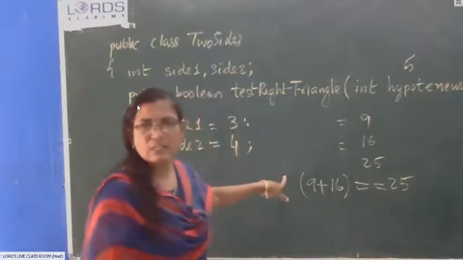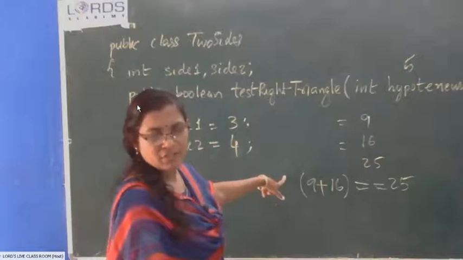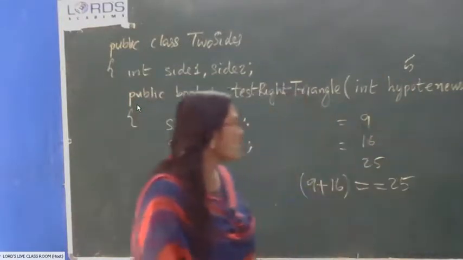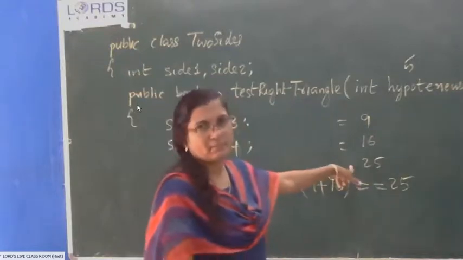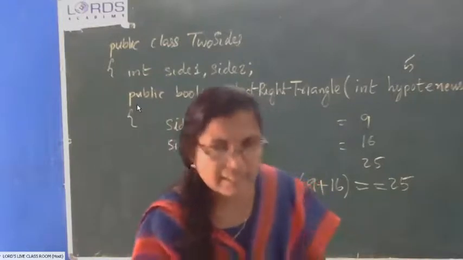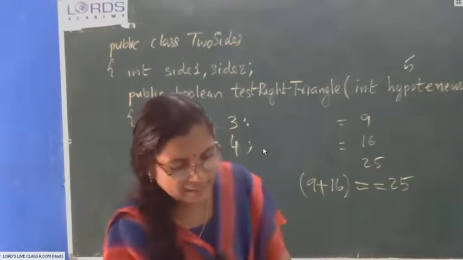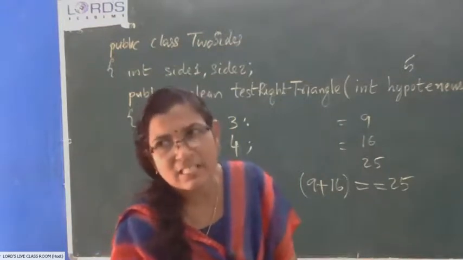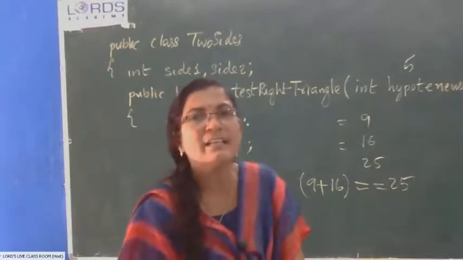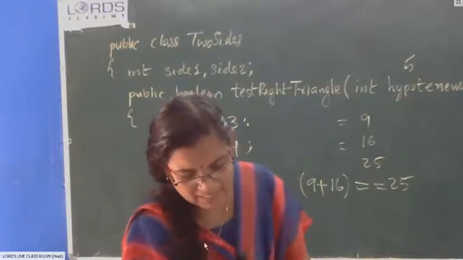Next statement is to calculate hypotenuse square. Hypotenuse squared is hypotenuse into hypotenuse. So as I pass the value 5 to the hypotenuse, its square is 25. Okay. So in the last statement, return, there is a calculation included in the statement, isn't it? Along with the return statement, a calculation is given. The result of that calculation and condition checking should be returned by this method. So what is the calculation?